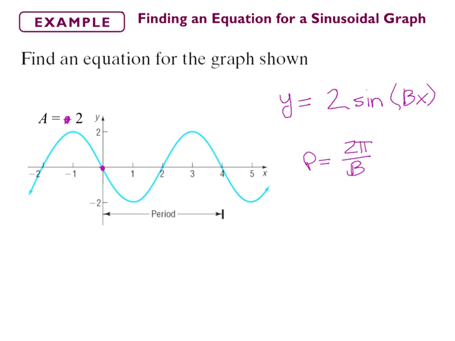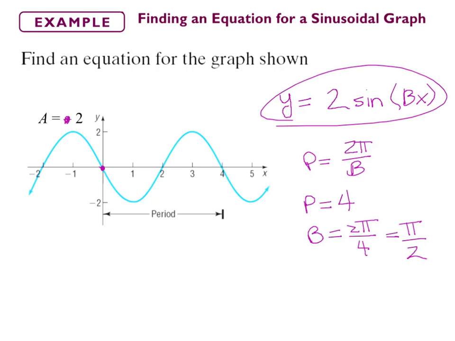Okay, so now what's my period here? On this graph? Good. P equals 4. So B is equal to 2 pi over 4, which is equal to pi over 2. Okay? So now I'm going to say my new graph is y equals, I've got my amplitude, and this is going to be pi over 2x. Now, again, exactly like Savan just said, I'm starting here, and normally my sine graph would go up, but since it's going down,